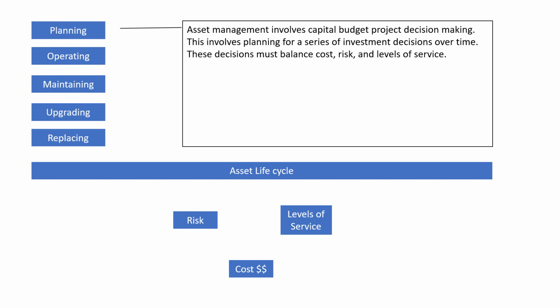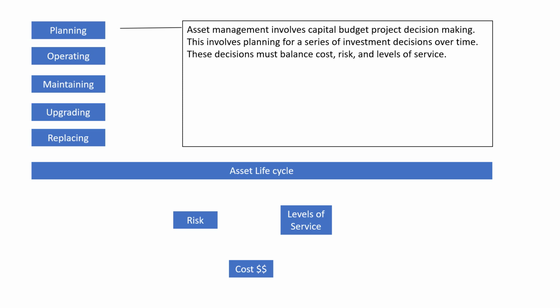So asset management planning means thinking about all these capital budgets and all this decision making that you have to do for a series of decisions over a very long period of time. And all of these decisions have to balance the risk, the level of service, and the cost over the duration of not just the asset you're thinking of, but when you have a portfolio of assets, you have to plan out these decisions for all of them. And sometimes there's a bunch of sequencing decision making that needs to be done, so you're not building things too soon or too late. You can't make these decisions off the cuff. It's better, and you'll have better outcomes if you can plan ahead.